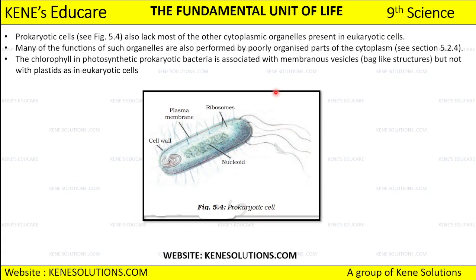And the chlorophyll that we have in these photosynthetic prokaryotic bacteria, this chlorophyll is associated with membranous vesicles. क्लोरोफिल किससे associated है? Membranous vesicle से associated है, and this membranous vesicle is going to be a bag-like structure, but not with the plastids as in eukaryotic cell. Okay,